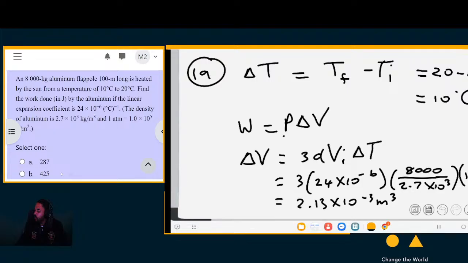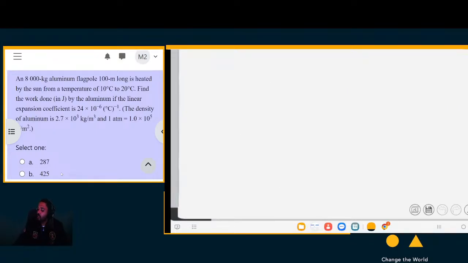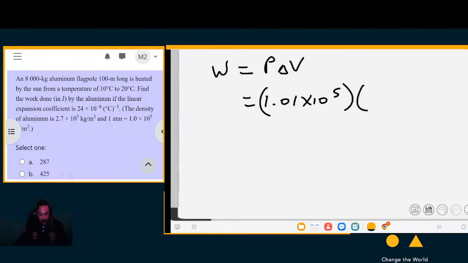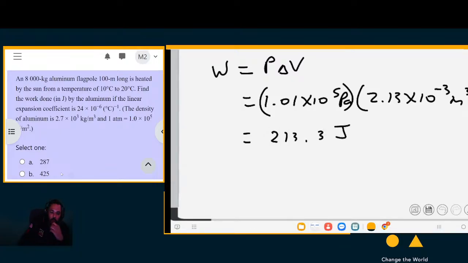Now with the change in the volume, we want to get the work. We know that work is pressure times the change in the volume. We have that the pressure is 1 atmosphere, 1.01 times 10 to the 5 pascals, times the change in the volume, which we just calculated to be 2.13 times 10 to the negative 3 cubic meters. And it will give you an answer of 213.3 joules. Okay, that is the amount of work that is being done